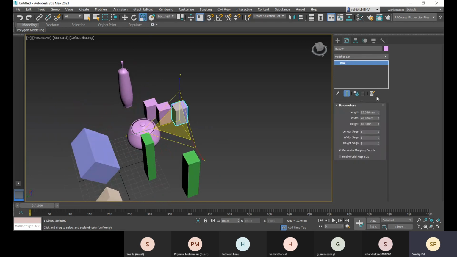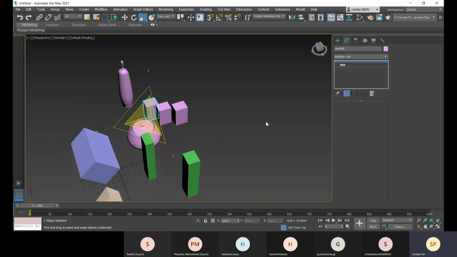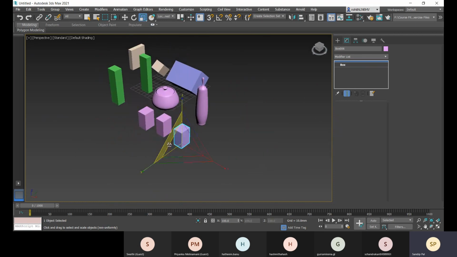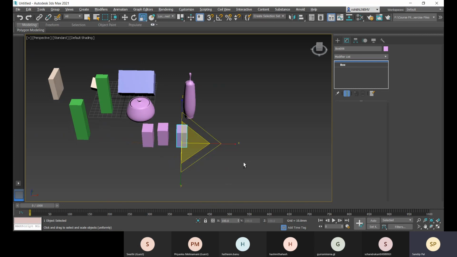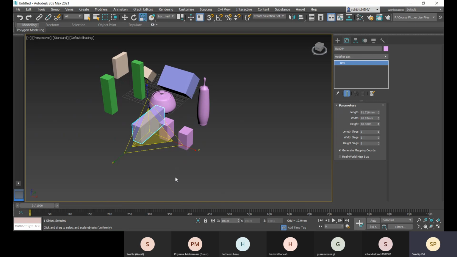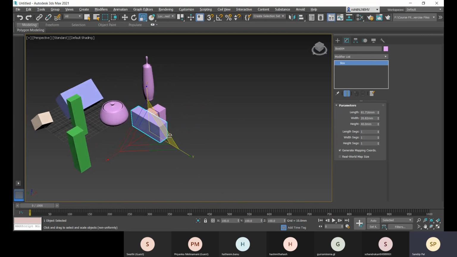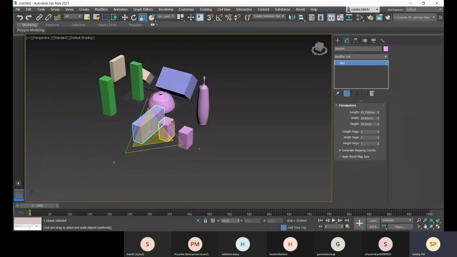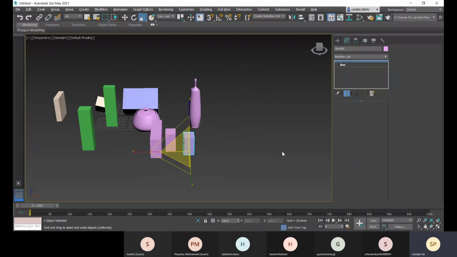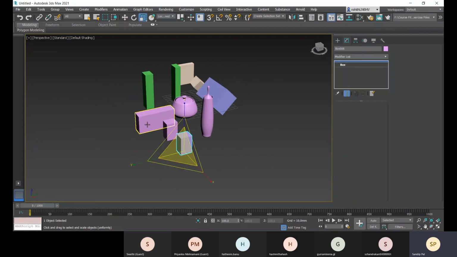If you make this object unique, you can see these are still a reference. So when you made it unique, it is no more linked with this reference object. These are not linked with this anymore. So when you are making a reference, you don't have to make it unique.